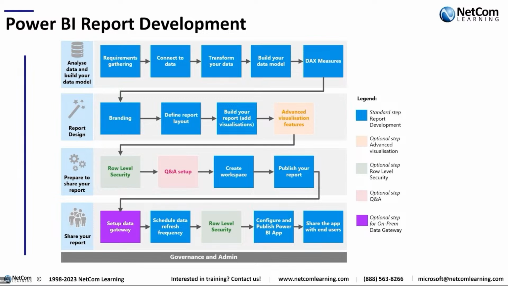So here you're going to set up data gateways as an example, so the data can be refreshed as required. You'll also set up a potential refresh schedule, right? Depending upon the type of report will determine how it's going to be refreshed and what the frequency will be. That frequency is also managed by the type of Power BI service licensing that you have. If you have a Power BI Pro, you're restricted to 8 refreshes in a 24-hour period. If you're using Power BI Premium, there's no limit to the number of refreshes that you can complete.